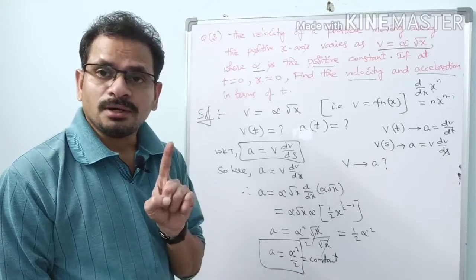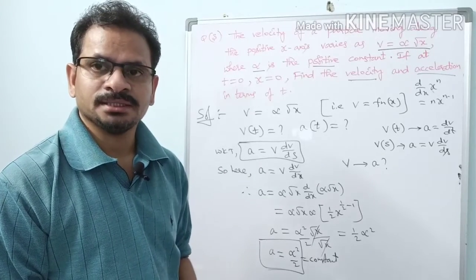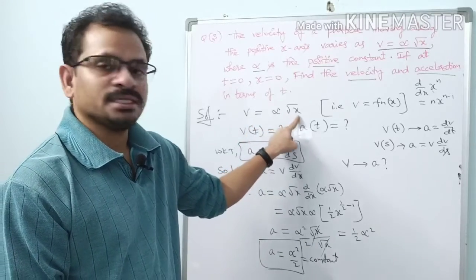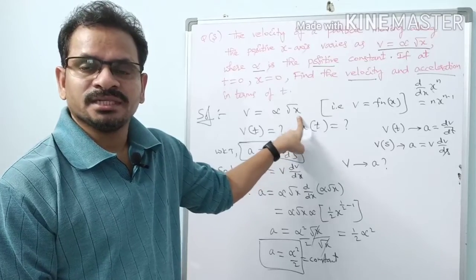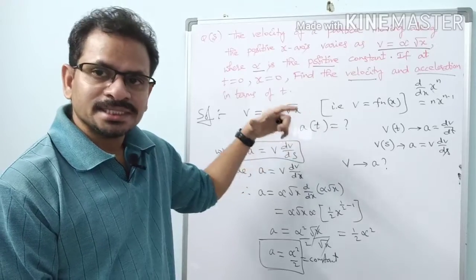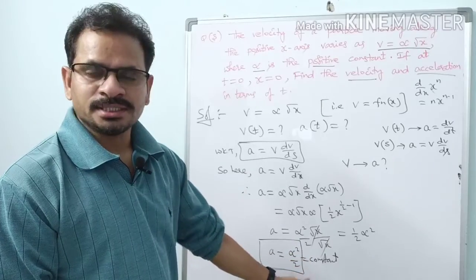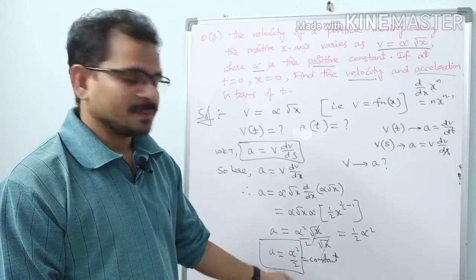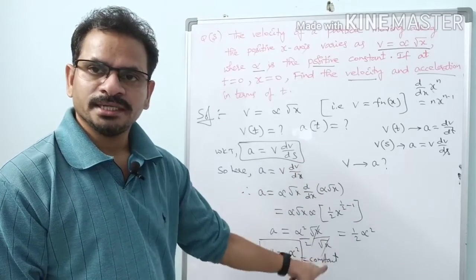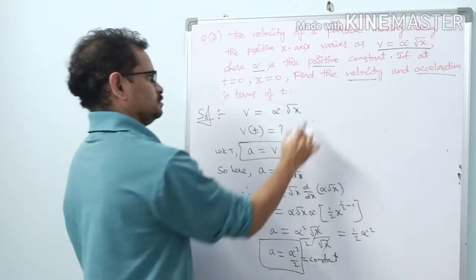I told you, for constant acceleration also we have to use the calculus part of mathematics when the given physical quantities are expressed as functions of some other physical quantity. Here velocity is expressed as a function of displacement. So in such cases, even if the acceleration of the particle seems to be constant, then also we have to use calculus. See here, we got constant acceleration, but we used calculus differentiation here, right? Now we have to find velocity.